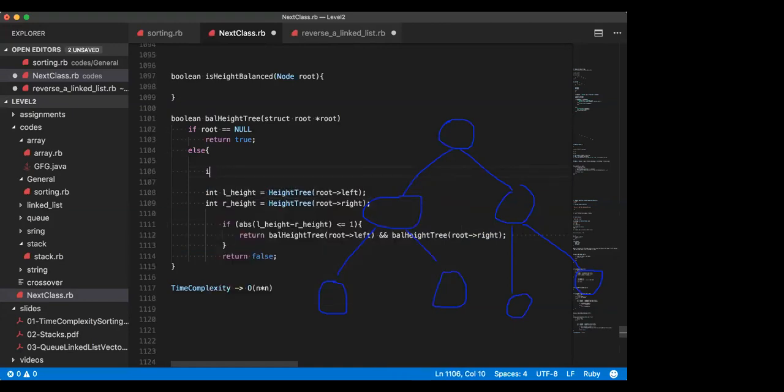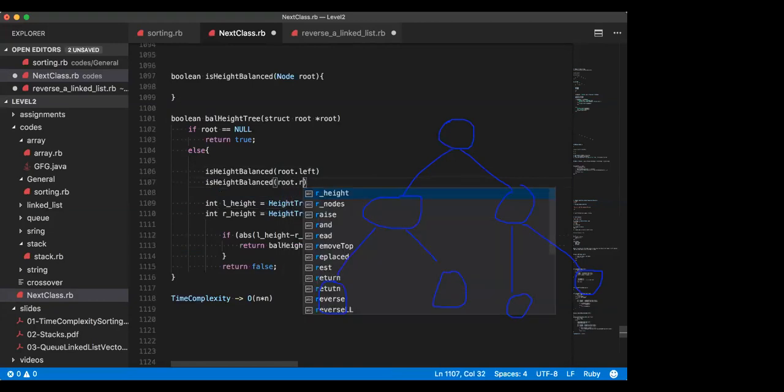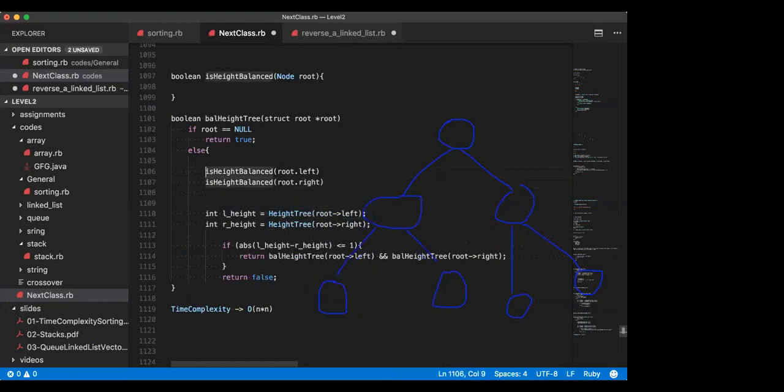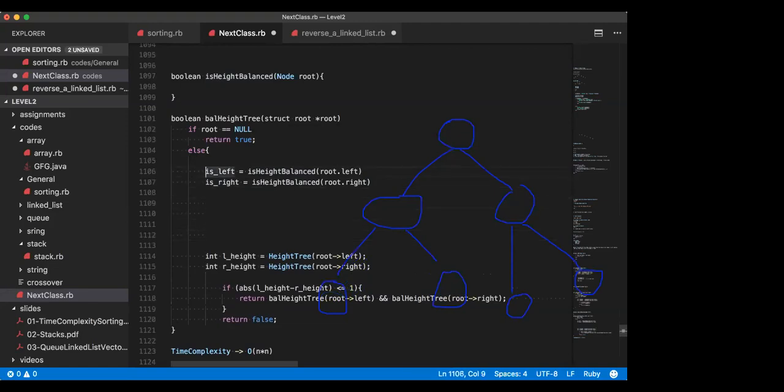So is height balanced root.left, this is one thing, is height balanced root.right, this is another thing. If both of them are true, and height also. Now height, we have to calculate a height. That is another headache. I don't want to calculate height once again, because if I can do something like, if I can use this method only,